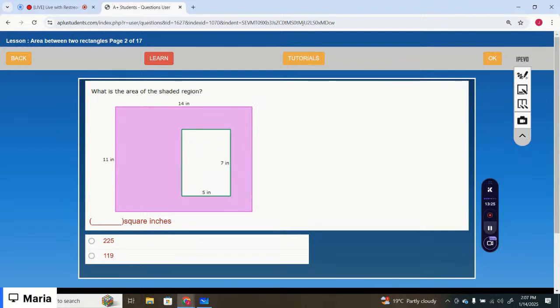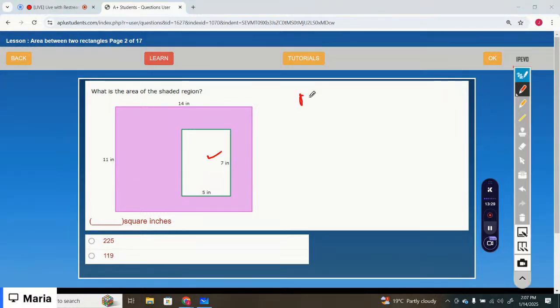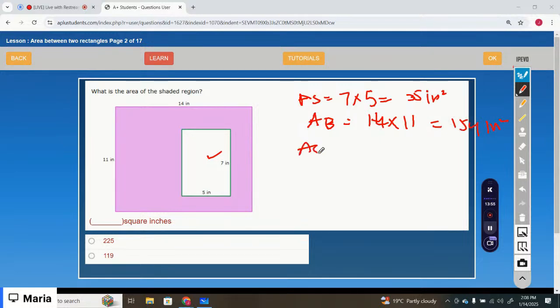What is the area of the shaded region? Calculate the area of the smaller shape. That is now a rectangle, so you have to do 7 times 5 is 35 inches square. And the area of the bigger one is 14 times 11, which is 154 inches square. So the area of the shaded region is the area of the bigger rectangle minus the area of the smaller one. 154 minus 35 equals